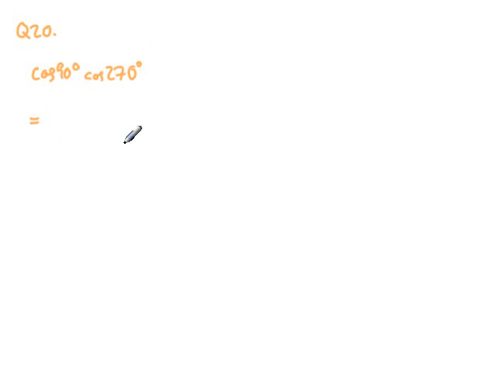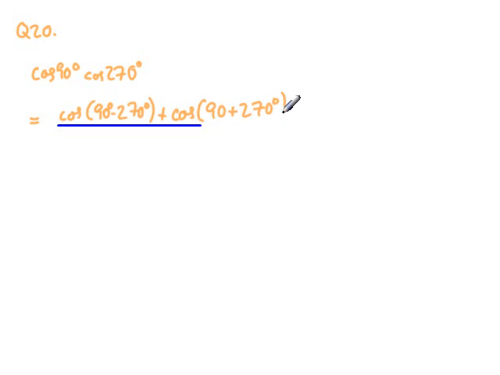And that comes out to, fraction bar, cosine 90 minus 270 plus cosine 90 plus 270, divided by 2,